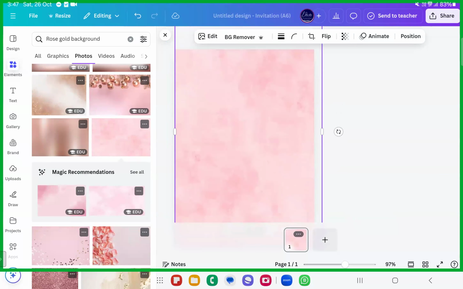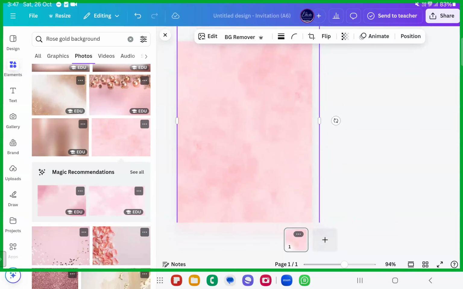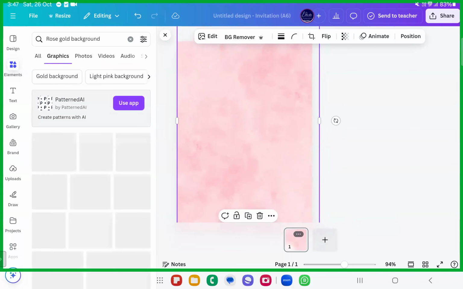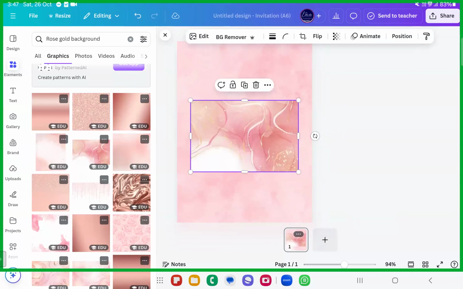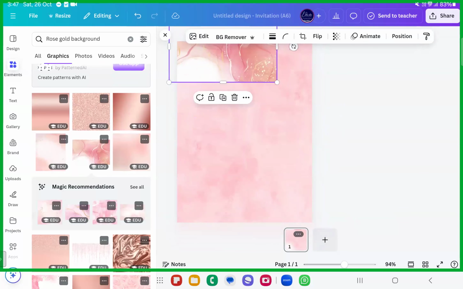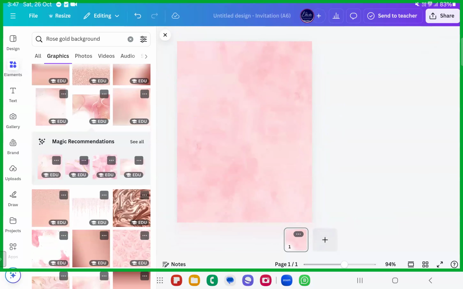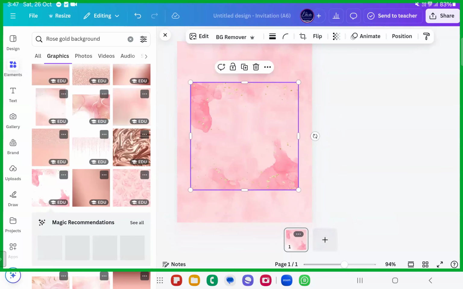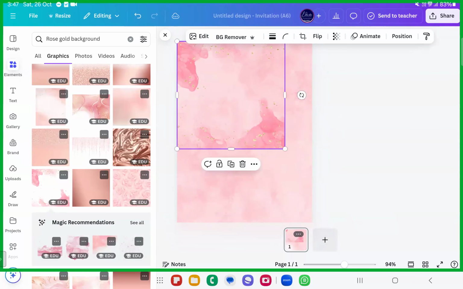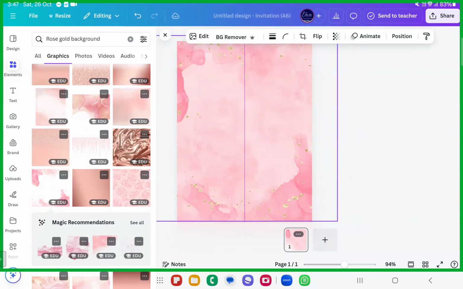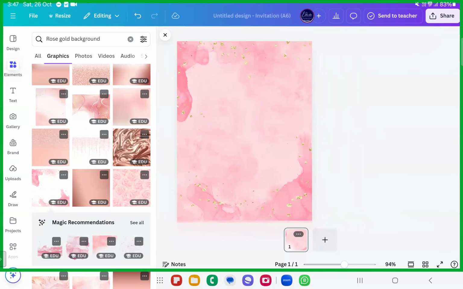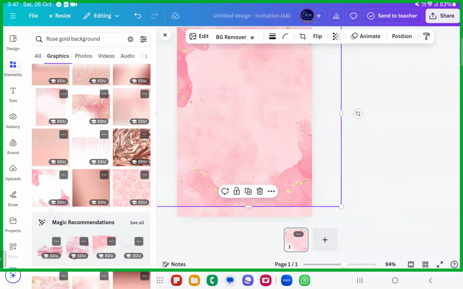So the colors, something like this you can just import, and if not this, you can even add some more graphics to this. Some graphics like this you can add here and there. Graphics without any background, for example, graphics like this. You can create things very beautifully, sisters and brothers. This is one such invitation pattern we have just added.